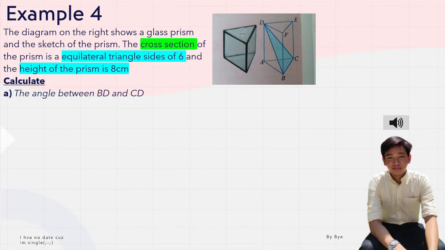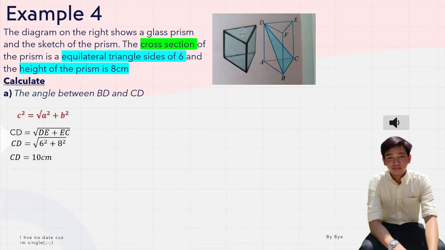Firstly, we need to find the length of BD and CD. So in this case, I will use Pythagoras theorem that will involve CDE. The formula is C squared equals the square root of A squared plus B squared. So we put the values in the formula, then we will get